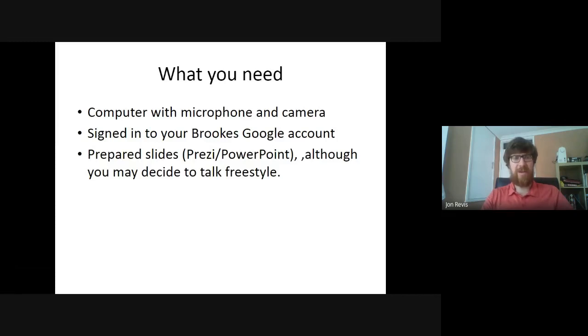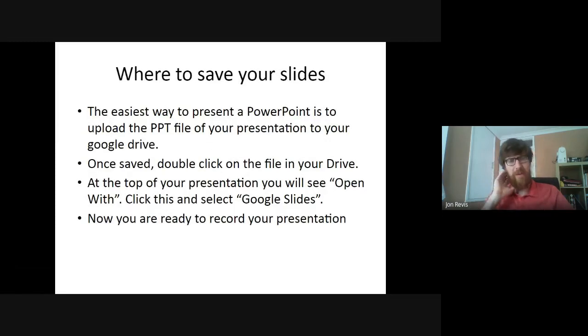You also need your prepared slides. So if you're going to do a presentation with slides rather than freestyle, or using just a background, you need to have these ready. For PowerPoint, you'll probably want to upload them to your Google Drive. How to do that? If you've just saved your PowerPoint to your desktop or to the hard drive of your computer, you'll need to open up your Google Drive,